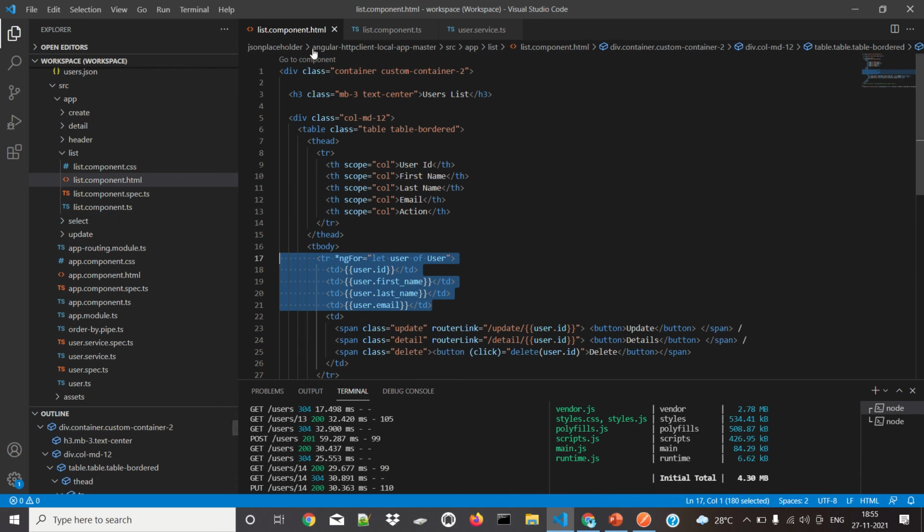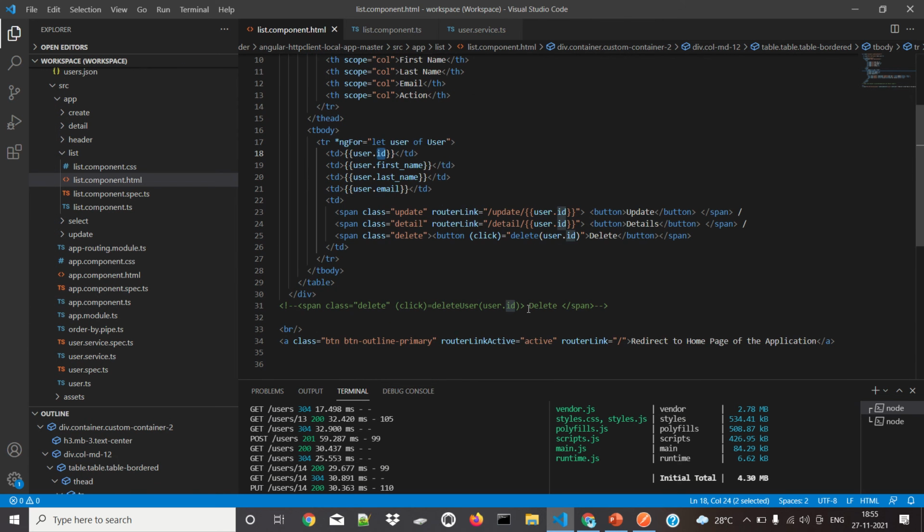In the list component.html file I just use this user and make an instance user. With that user I am making user.id, user.firstName, lastName, email, and then I add the update and delete methods inside this. So all will be added as an entry.